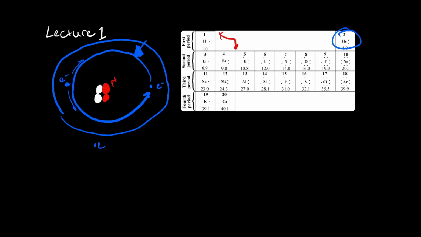All right. And then the P shell, as you'll remember, would be out here. Okay, and everything is trying to become a noble gas, right? So a noble gas is noble because it's unreactive. And it's unreactive because